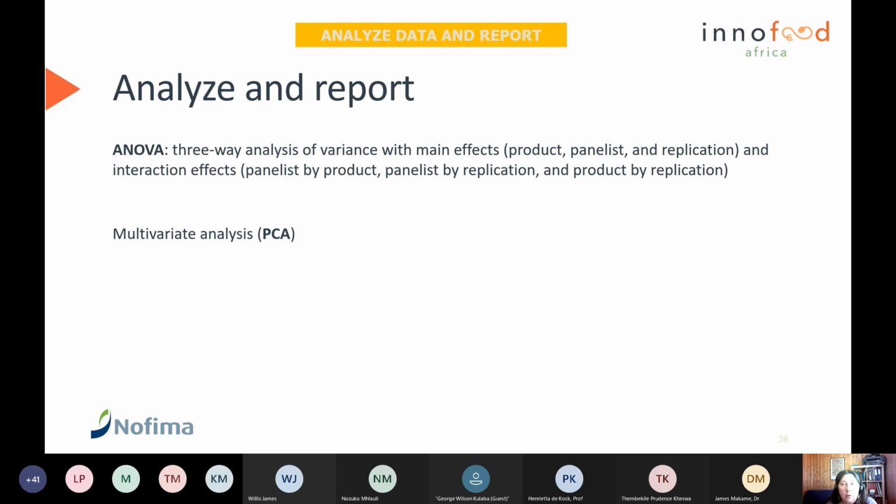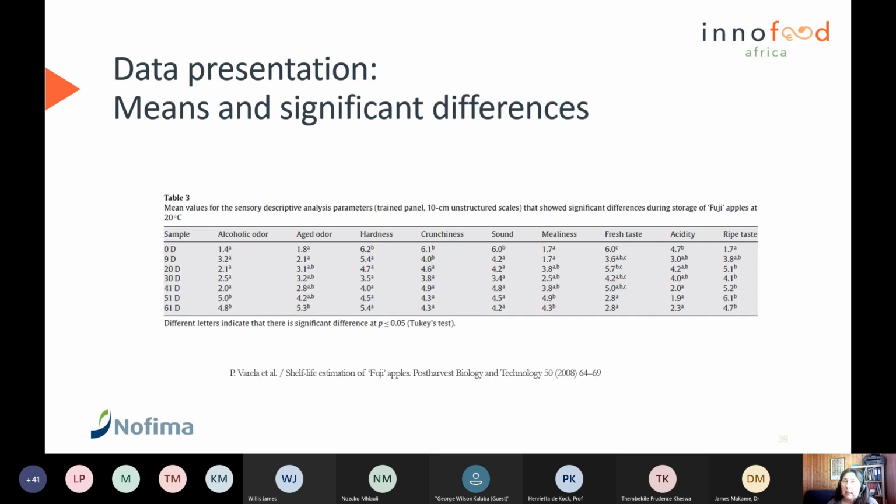We use product, panelist, and replication as factors for the analysis. And also you can use multivariate analysis for plotting the results, for example, using principal component analysis. So this is a typical data presentation, a table where you present the means of each of the attributes and the significant difference. So these are different samples of apples that were stored from 0 to 61 days, and the